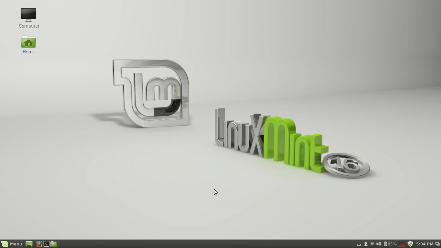You'll see the desktop layout is extremely familiar, especially if you're coming from, say, Windows XP. You'll find familiar things in familiar places. This panel, this is called the panel in Linux Mint, at the bottom is analogous to the taskbar in Windows XP, and along with the menu